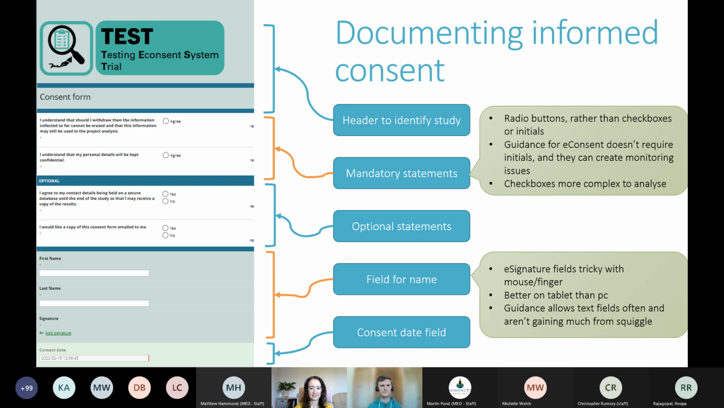So some things I just wanted to highlight here. With the mandatory section, we tend to use radio buttons, which only have one option of agree, although they can obviously click reset or not agree to them and cease the process there. The reason for that is, although paper forms often have initials, the guidance says it doesn't require that for eConsent, and it can have implications for monitoring. Typos are very easy on a keyboard, and if someone puts it in incorrectly, then that has monitoring issues, what you're going to do about it, that kind of thing,